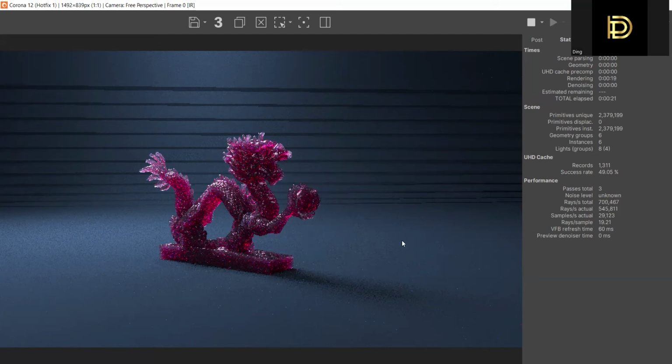The material looks exactly the same as on the model itself. If I stop the rendering and get back to the Corona proxy,